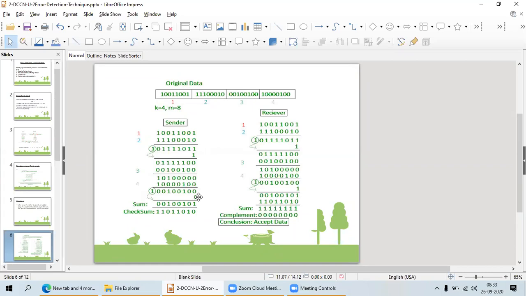Last one, CRC. We are going to discuss CRC. At the end, you are going to add the checksum to the original sum. After adding that, if you are getting all ones, or the complement as all zeros, in that case you are going to utilize that particular data. Otherwise, you are going to ask the sender to retransmit that particular frame.